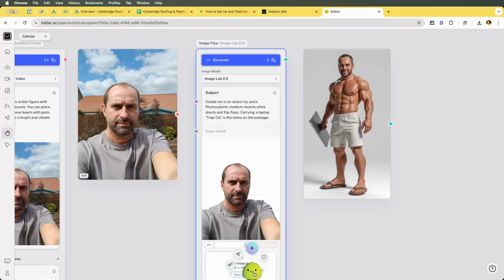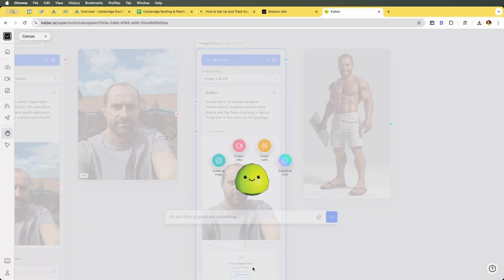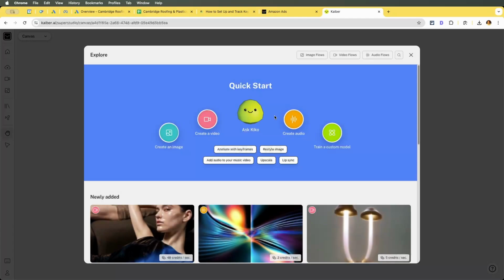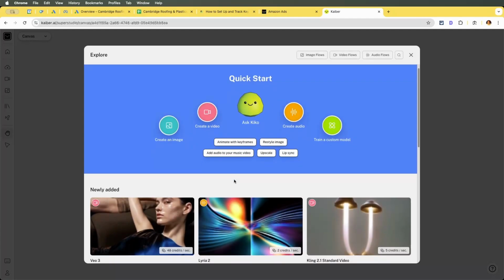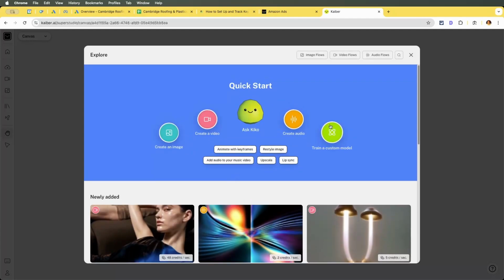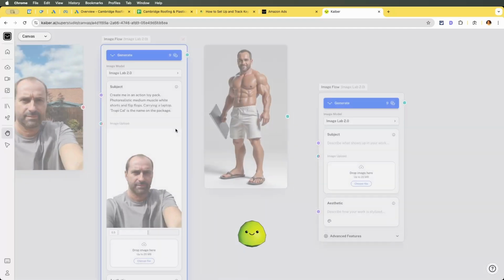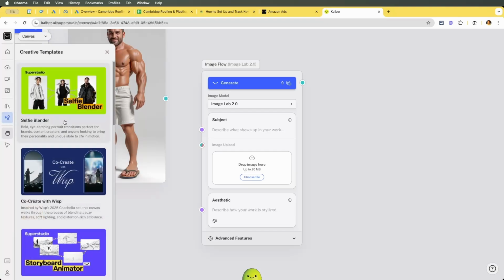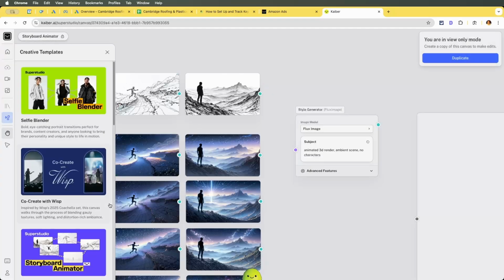There is a very interesting thing I wanted to show, which was explore all tools, and then there was some create an image, but where did I see it? It was like a demo page, templates. Here we go. Storyboard animator. So if you look at this,